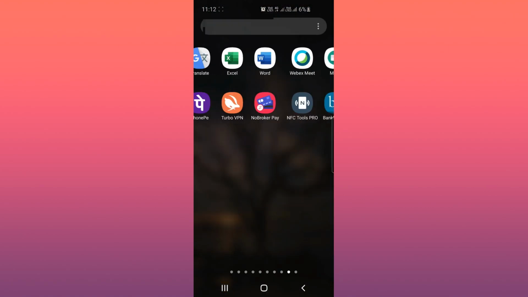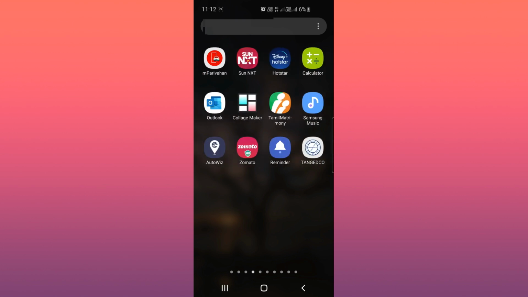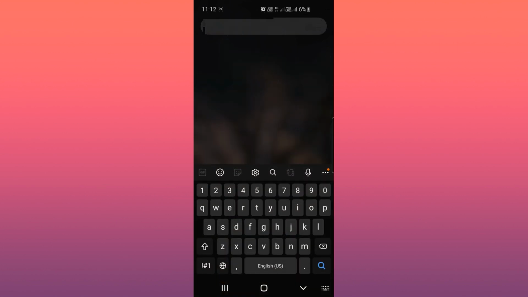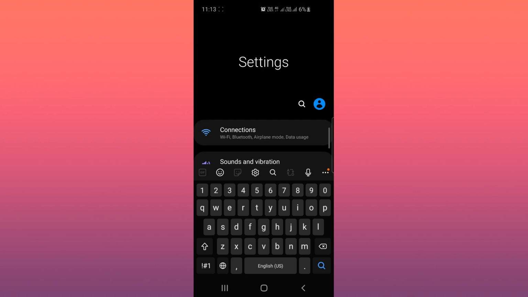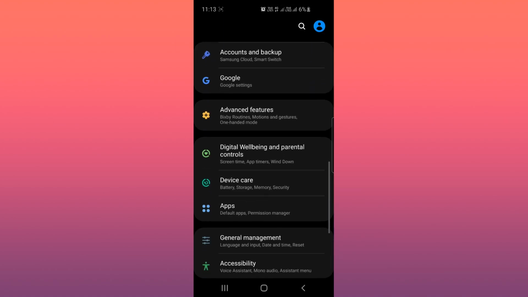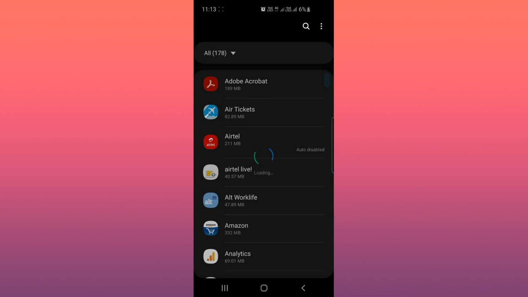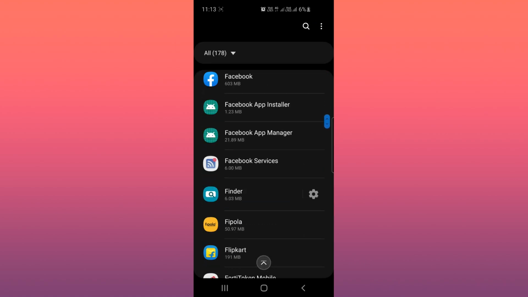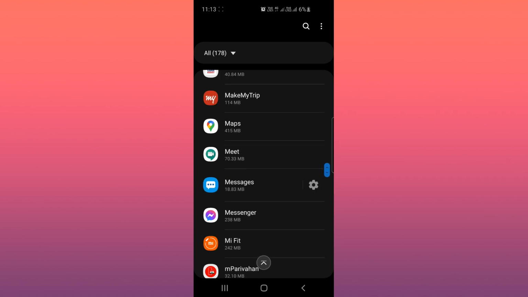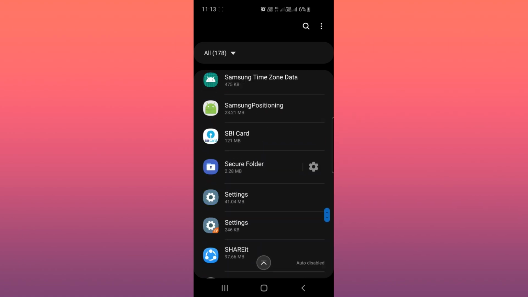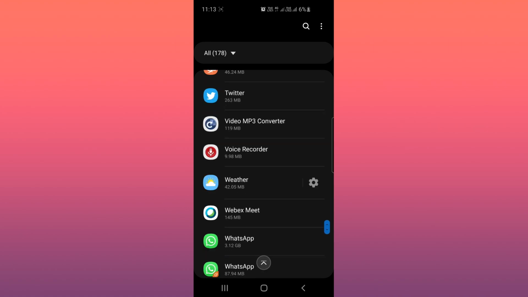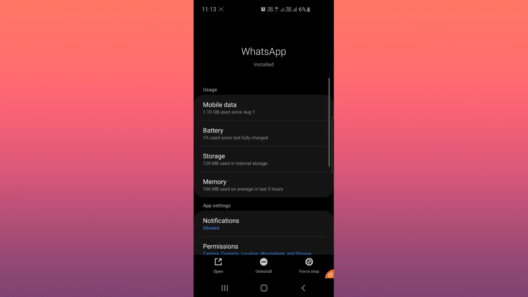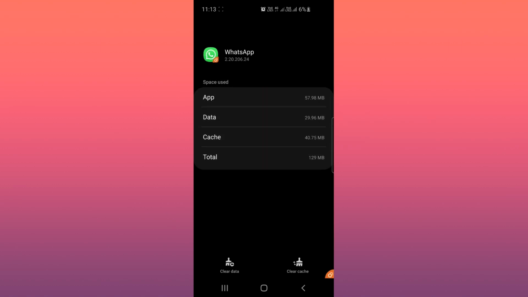So go to the settings, type settings, and go to application apps, then search WhatsApp, and go to storage, then clear cache memory, it will become 0.